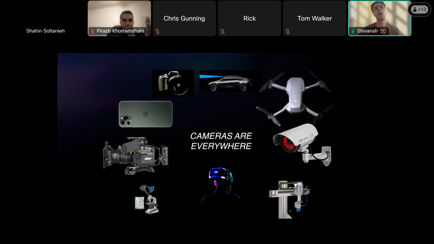So we have cameras around us everywhere, be it from smartphones to drones to security cameras to AR glasses to professional cameras to cameras in cars and so on. But we are still limited by the image quality that can be achieved with most of these devices.